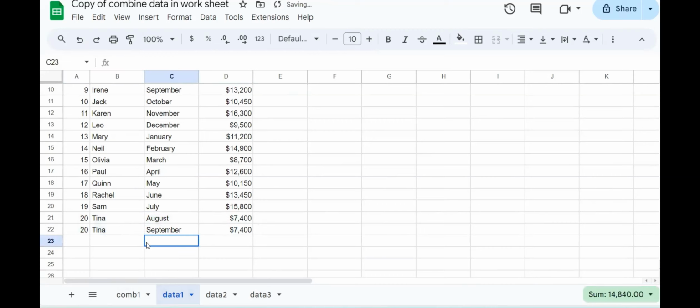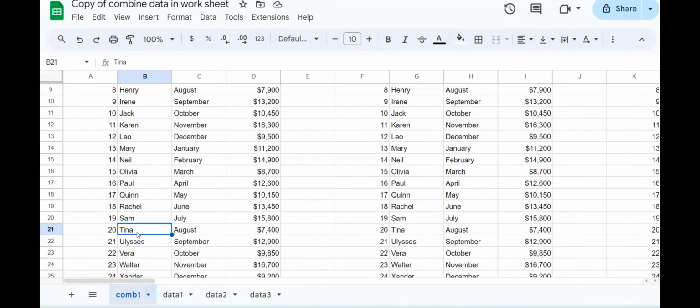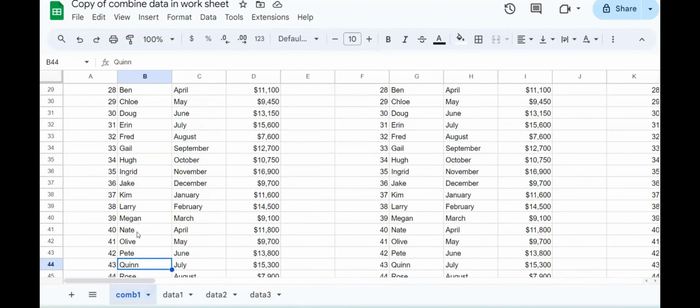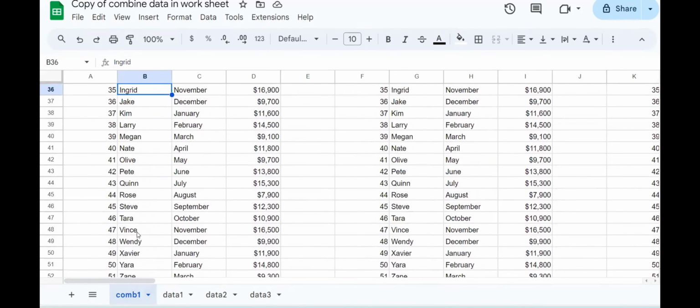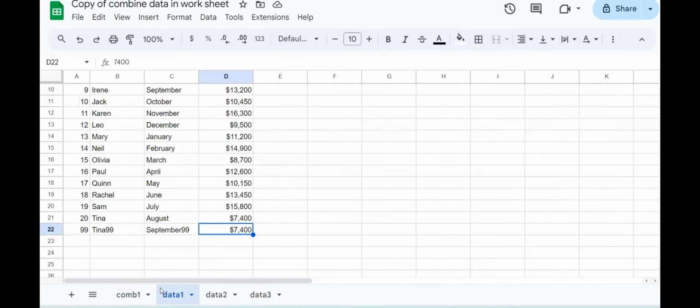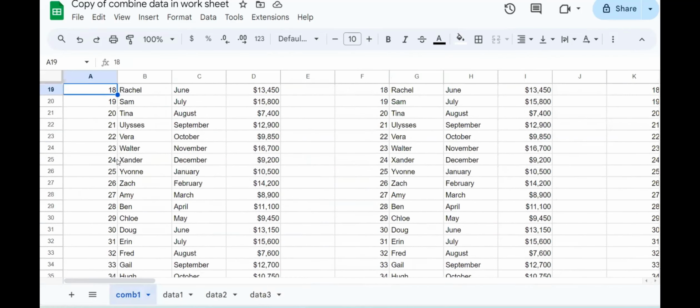21 right here, make this one maybe 99, Tina 99, September 99, like so. If I come back to my data set here, you can see it stops on Tina here, and the 99 does not get included. So you can say, okay, now to solve this one, let's go here and